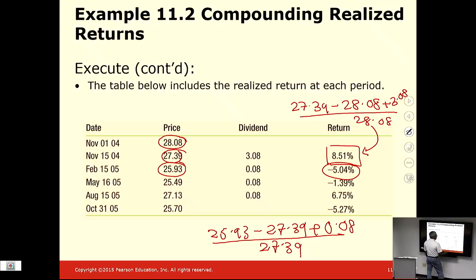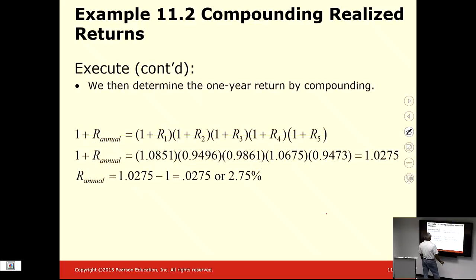27.39. So each of these returns is calculated with this as end and this as beginning for this time period. However, for the next time period, this is end and this is beginning. And we repeat that. So now I have a distribution of my returns from November 1 to October 31st. I have 5 observations over here. Then what do I do? I take the 5 returns, add 1 to them, and multiply. The first one was 8.51, so this is 1 plus